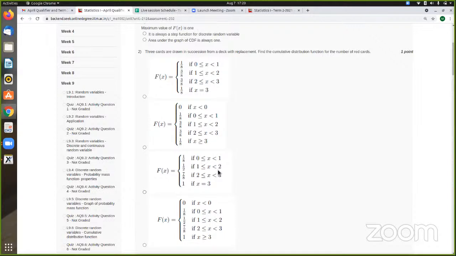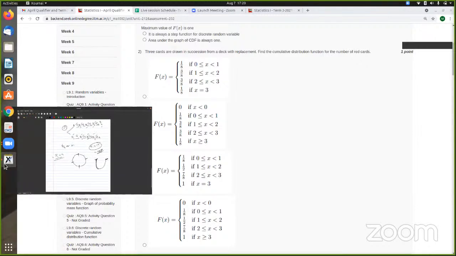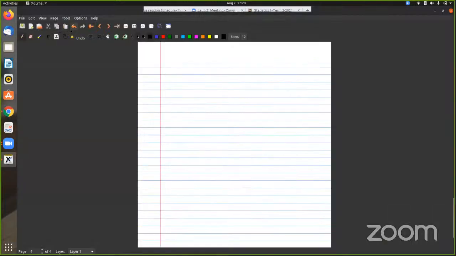Then finding the probability of getting 0 red cards, then finding the probability of 1 red card, 2 and 3 red cards. The probability of getting 0 red cards is getting all 3 as black cards. So what is the probability to get 0 red cards? It is 26C1 into 26C1 into 26C1